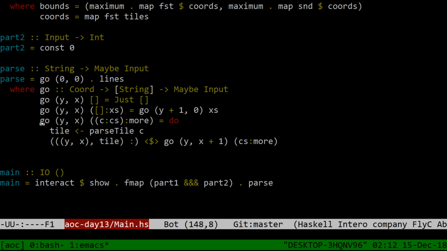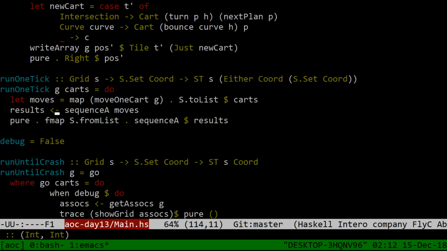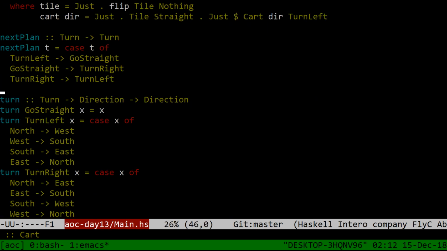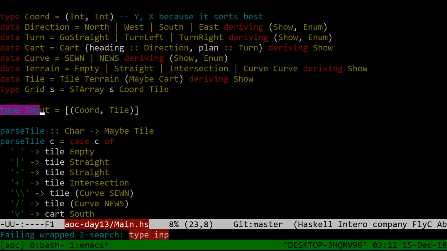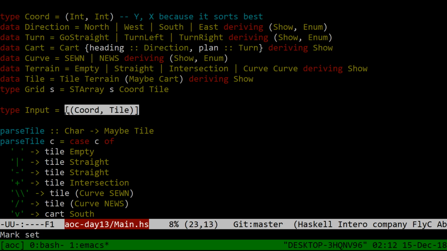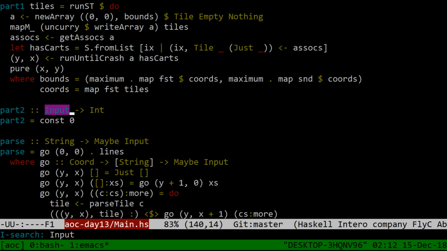So instead of just returning the bounds and a list, and letting it make an array, and instead of letting it infer positions based on the bounds, I changed the type of input to be a list of coordinates and tiles. So that's what we parse the input to. And when building the array,